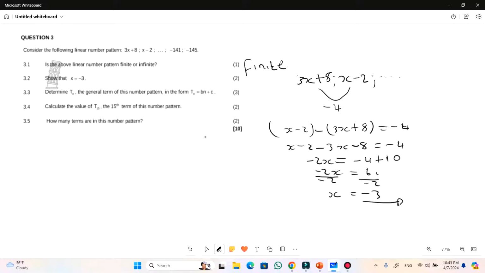So here we have our third question. Our third question says determine Tn, or the general term of this number pattern, in the form of